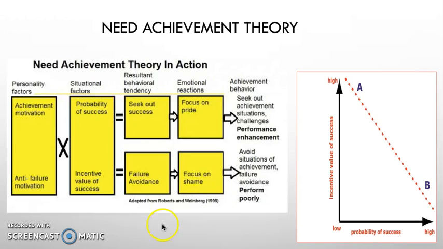This graph here shows where the NAC and NAF personality would be placed based on their motivational levels. In this graph, A is the NAC and B is the NAF person. The chance of winning against a weak team here is for a NAC individual. The chance of winning against a weak team is high, but then the probability of success